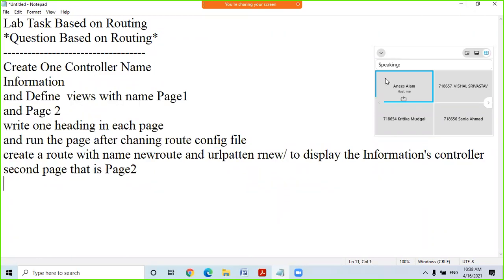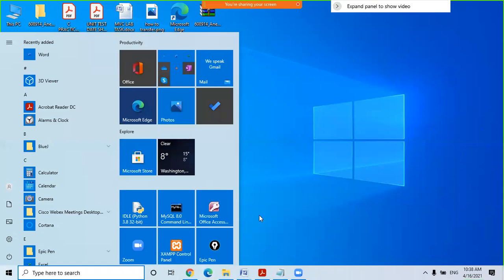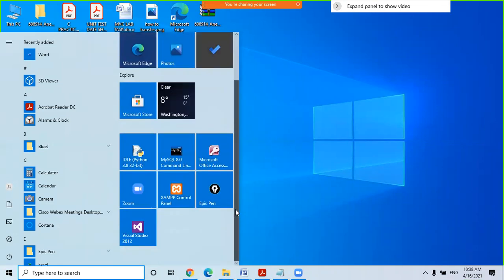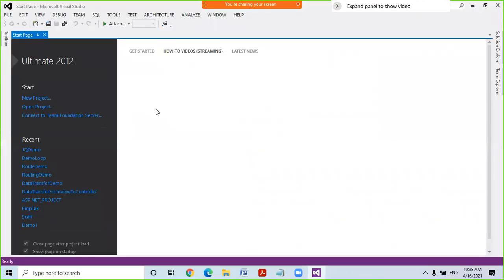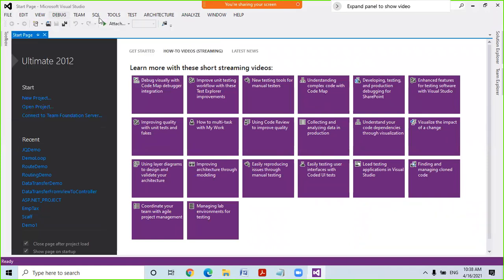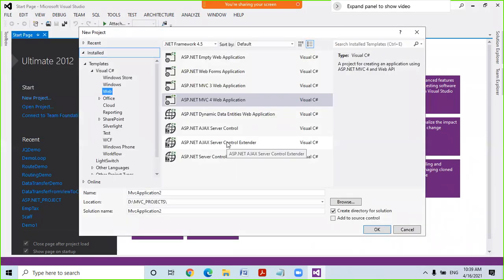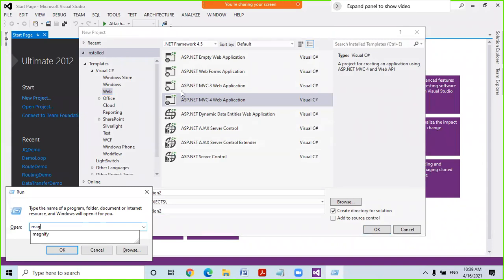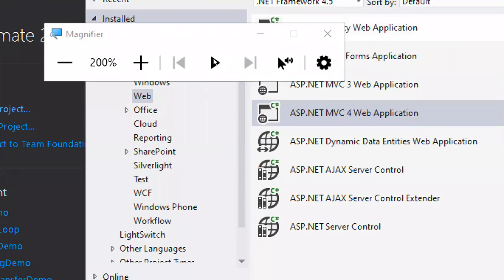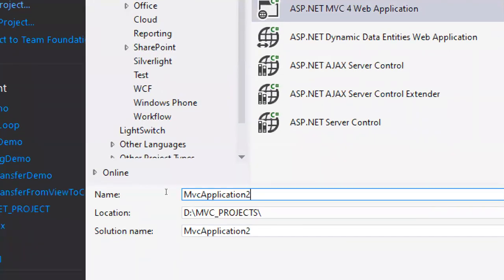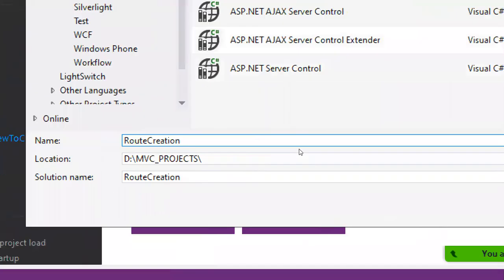Okay, so for that we immediately have to start Visual Studio. The practical is started. Here I have to take a new project with the name route creation.